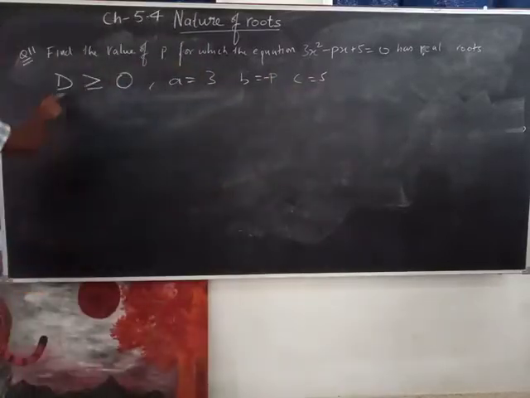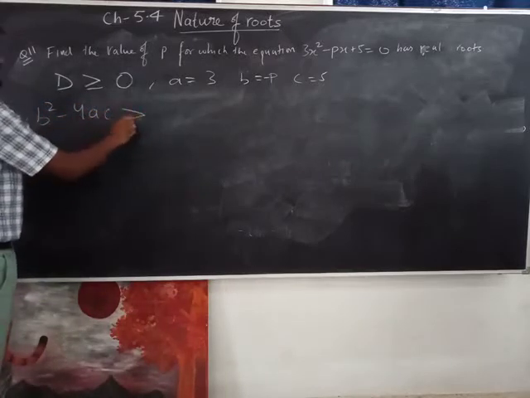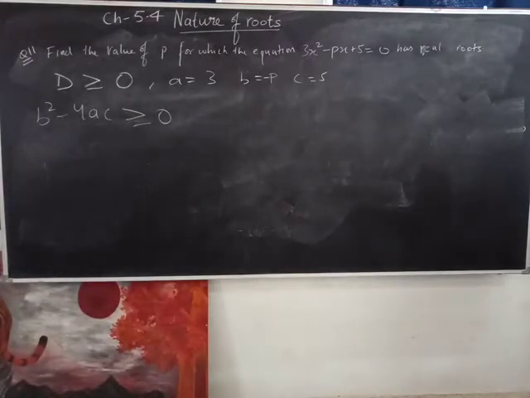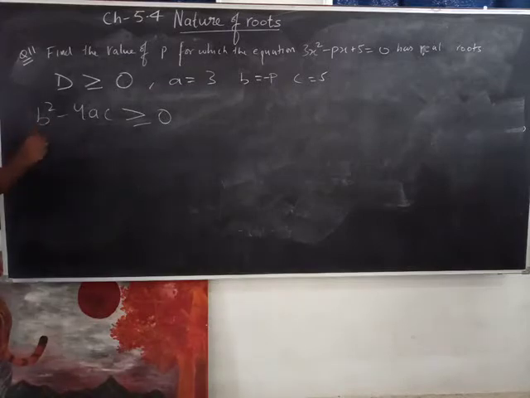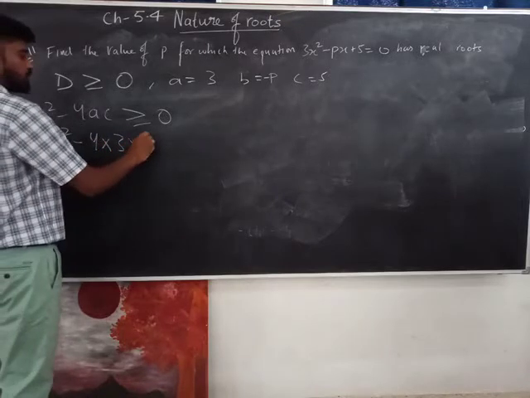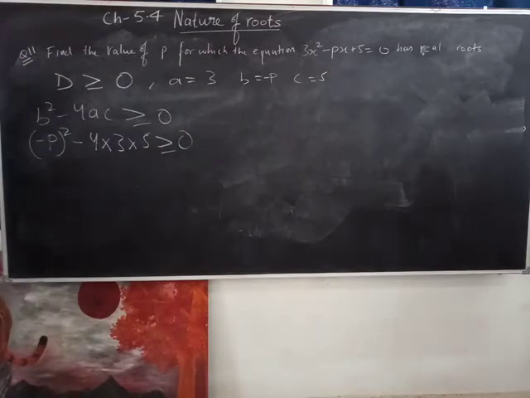Let's put this in this equation. b square minus 4ac is greater than and equals to 0. Alright. And then I'll be putting the value of b. B is minus p whole square minus 4 into a, that is 3, into c, 5, is greater than or equals to 0. So it's going to be p square minus